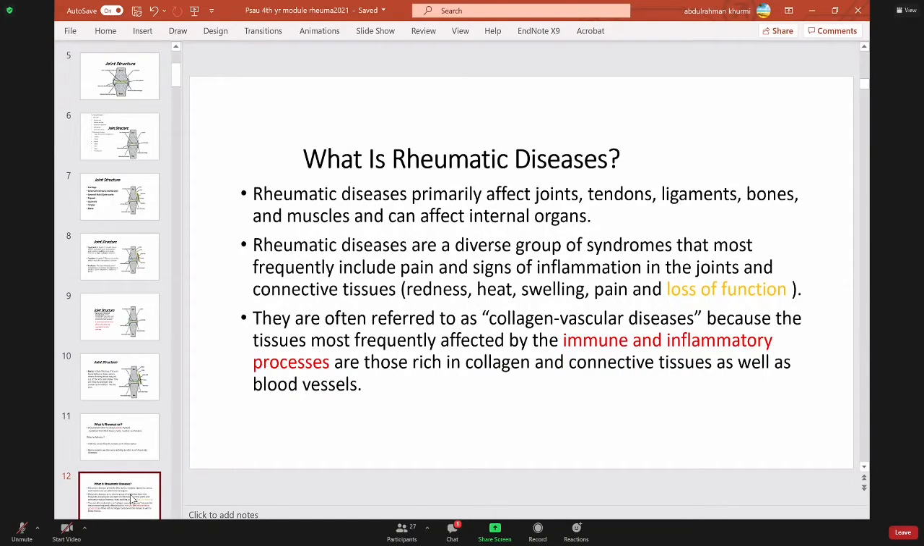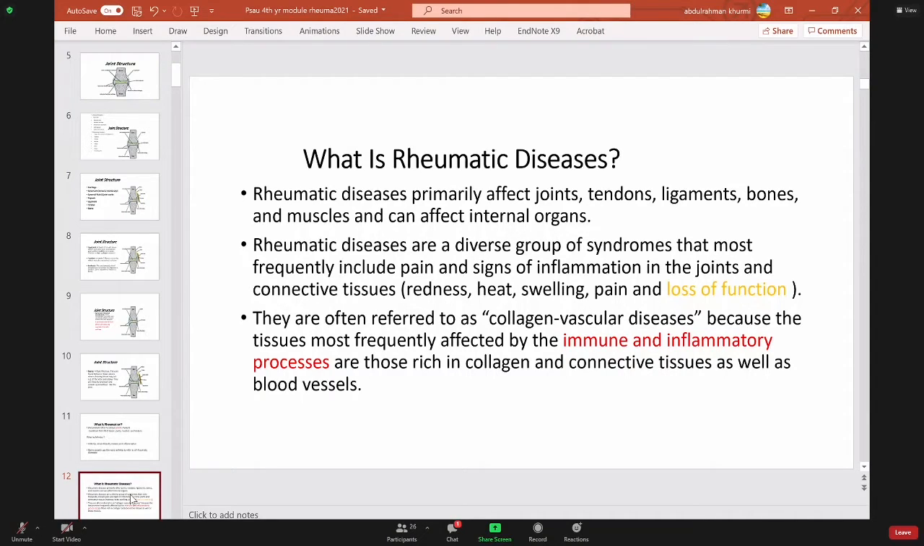All of them are immune and inflammatory processes. You refer to them as collagen vascular diseases because they are most frequently affected by the immune and inflammatory process involving the collagen and connective tissue, as well as blood vessels. Like in SLE and vasculitis, you can see generalized